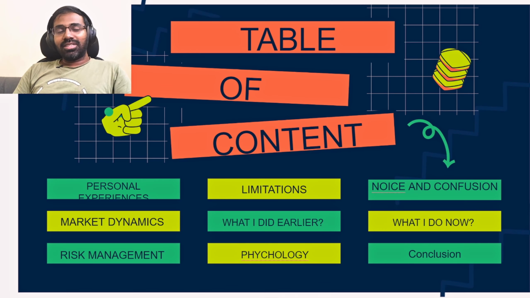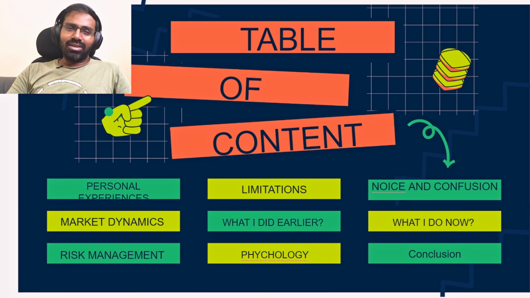And how does it affect my psychology? Well, as a scalper, I always expect quick trades. I expect a quick 100 to 150 point move, or maximum a 200 point move, and then that's it, I'm done for the day. But for my style of trading, I don't usually like to wait for an hour, or two hours, or three hours unless and until I'm forced to. So that is where my psychological effect comes into play.